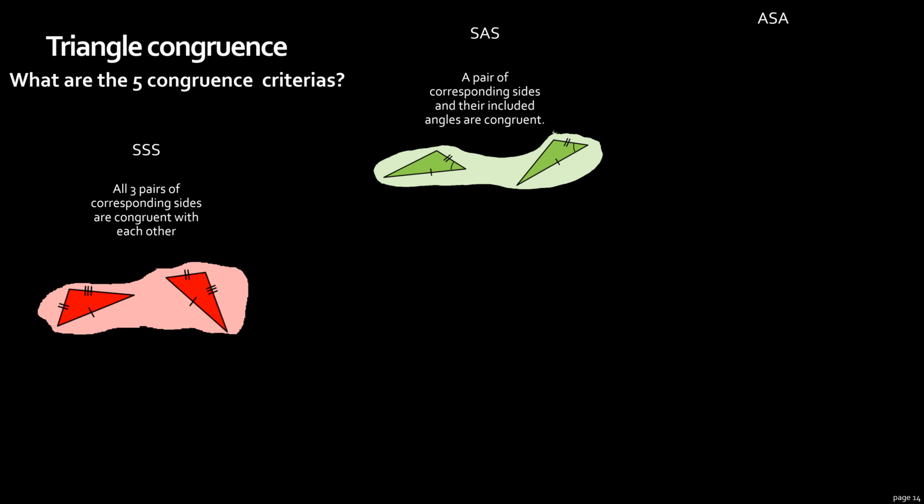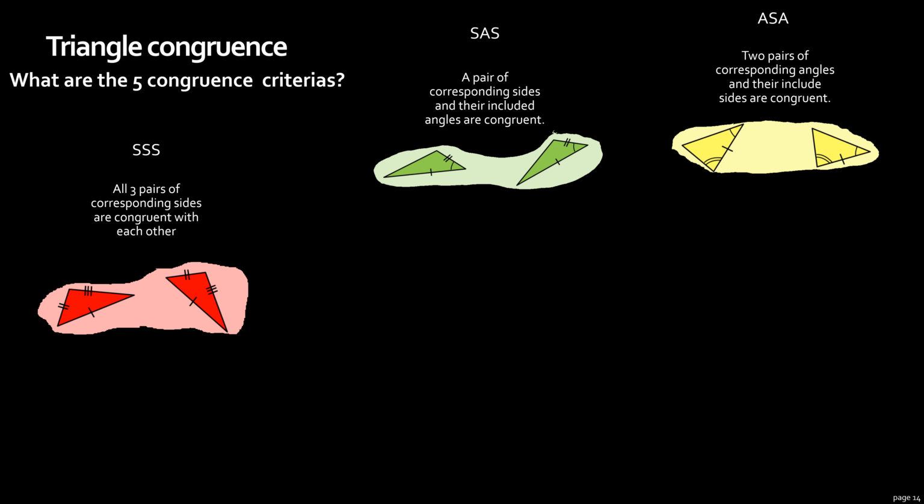And the next one that we're going to be looking at is angle side angle. It's 2 pairs of corresponding angles and their included sides that are going to be congruent. So again, if you take a look, we have two angles right here and the included side that are marked congruent. So we have 2 pairs of corresponding angles that are congruent and their corresponding included